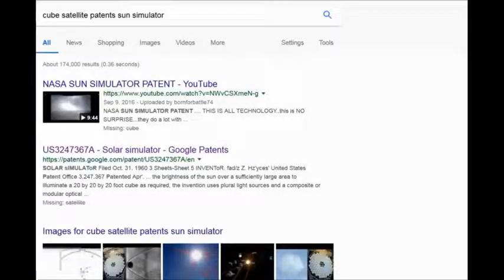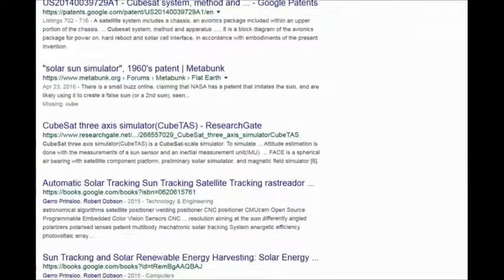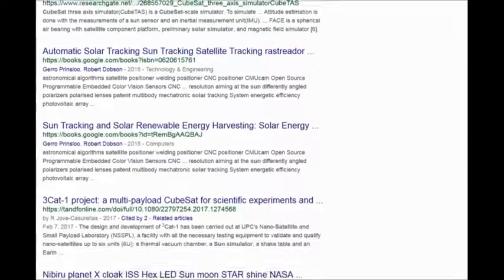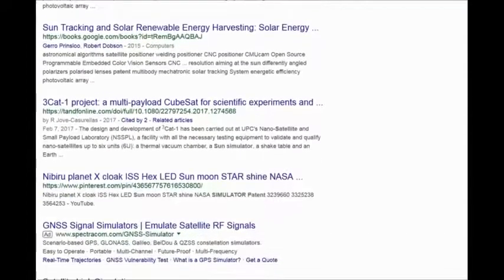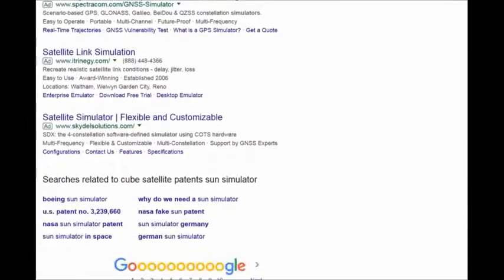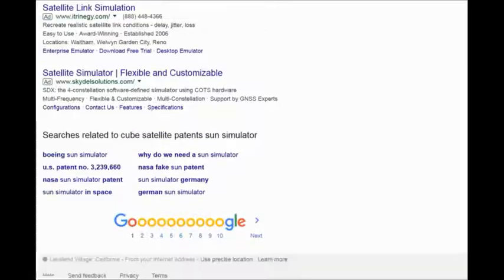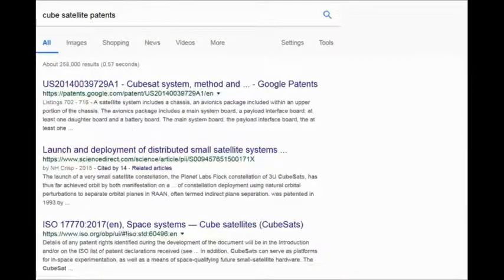So just putting in Cube Satellite Patent Sun Simulator, look at all the patents on Sun simulators and CubeSats. There is, just doing a quick search, this has been going on since the 1960s, before Boeing Sun simulators. Why do we need a Sun simulator? Sun simulators in Germany, and on it goes. And this is all part of this whole